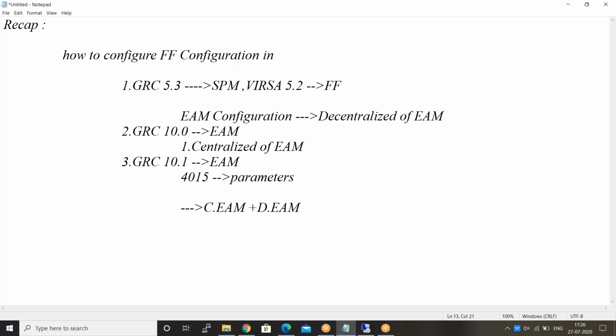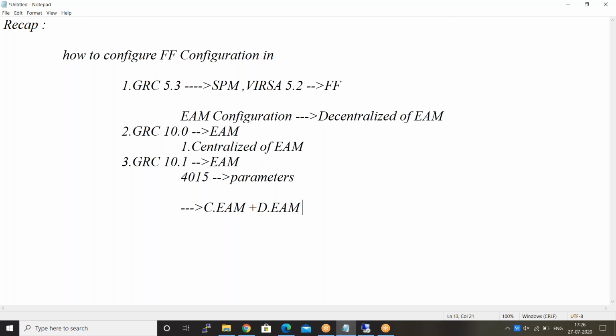So what is the meaning of decentralization here? It means the GRC plugin systems, plugins like ERP, NetWeaver, S/4HANA, or even any cloud, where the GRC system is not available.